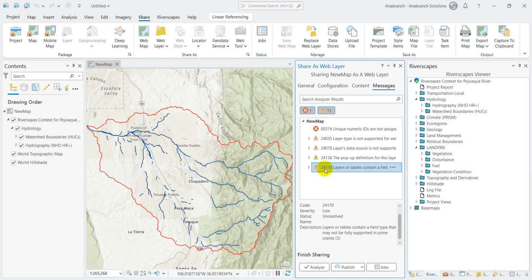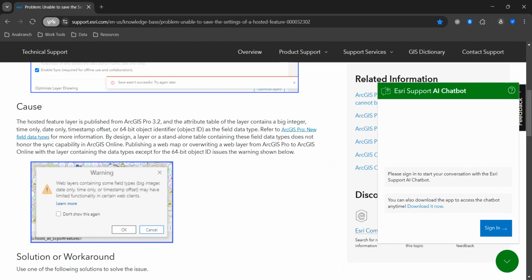So we'll start with this 24170 first, which states that layers contain a field type or field types that may not be fully supported in some clients. In videos where I've discussed uploading QRiS or Riverscape project layers to ArcGIS Online, I mentioned that I haven't run into any issues with that warning in terms of loading those layers into applications such as Dashboard or Experience Builder. It could be different on your end, but at least for me, I haven't had any problem with it. However,